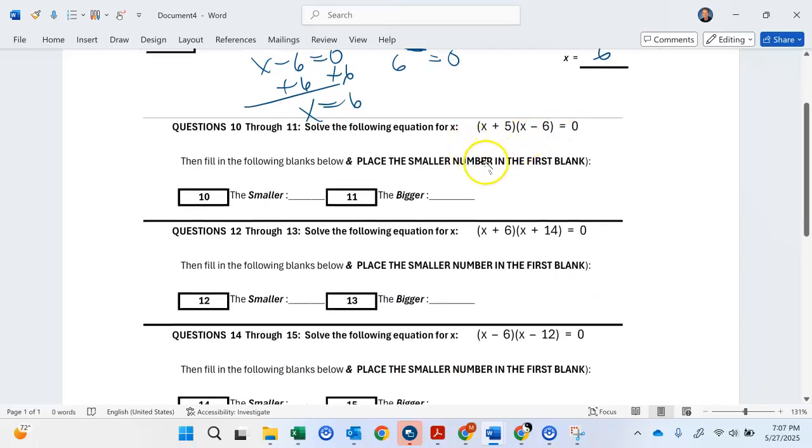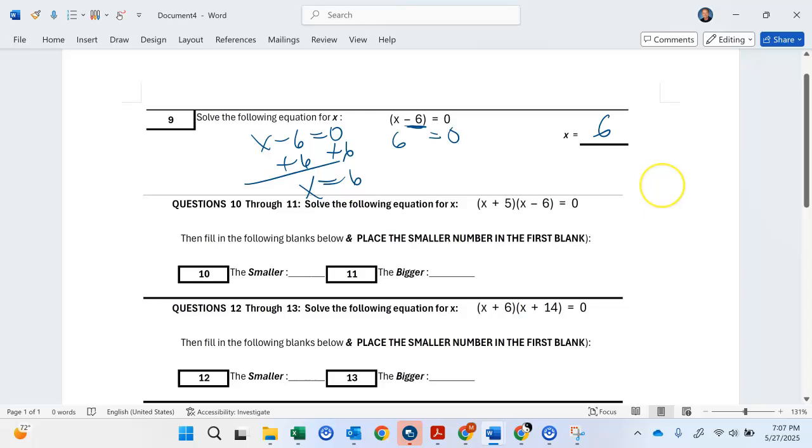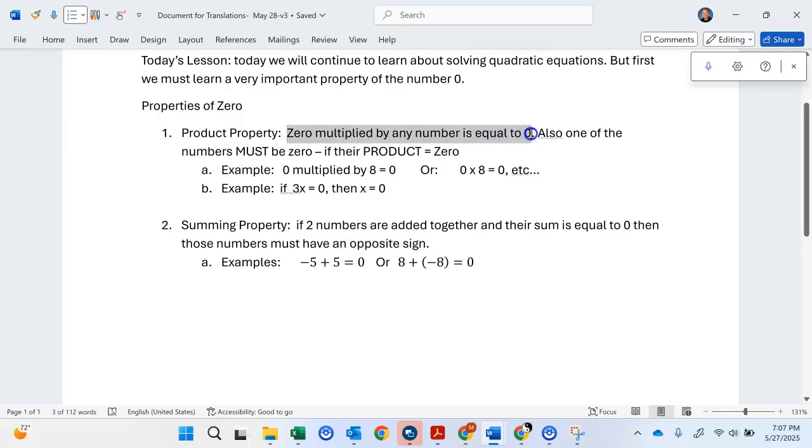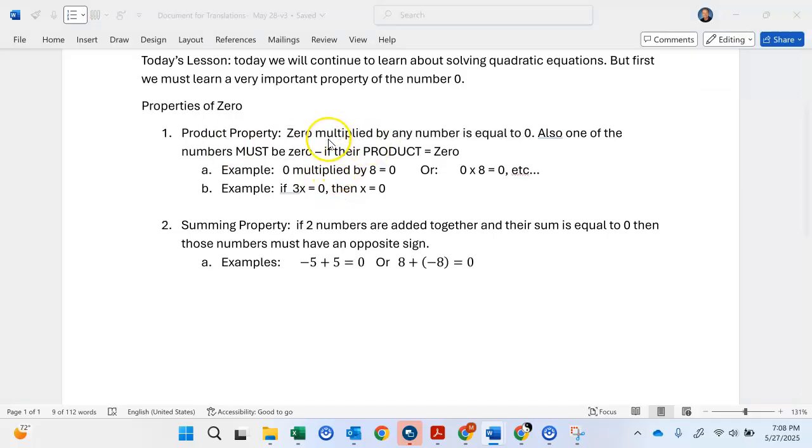Now we're going to do something new. This is actually very important because this is going to help us understand how to solve quadratic equations. Remember, when we take a quadratic expression, a trinomial, and we factor it, we get this. Remember that? So this should look familiar. But now we're going to try to figure out what numbers for x make this equal to 0. We're still going to use this property: 0 multiplied by any number is equal to 0. And so we are going to use that concept